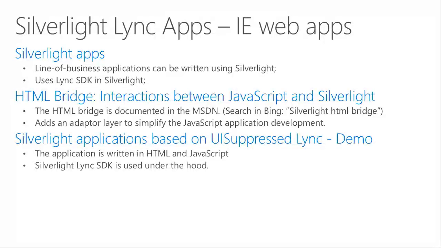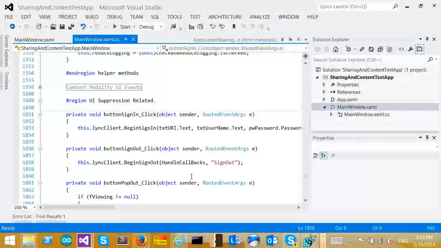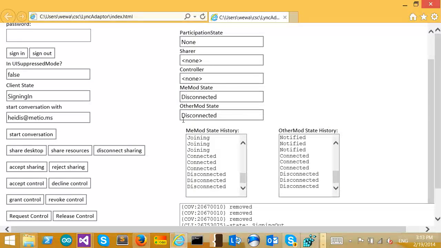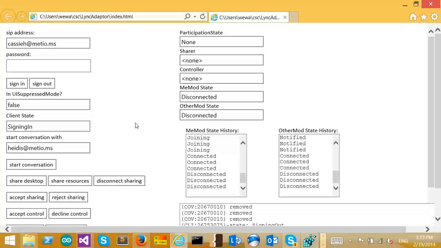Okay, I think I can just show you this demo. So this is the application that I'm going to show you. It's almost exactly identical to what I just showed you using WPF. But this one is written in JavaScript and HTML. Underneath it is using the HTML bridge so that it can talk to the Silverlight, and the Silverlight talks to Lync. So if I refresh this one,